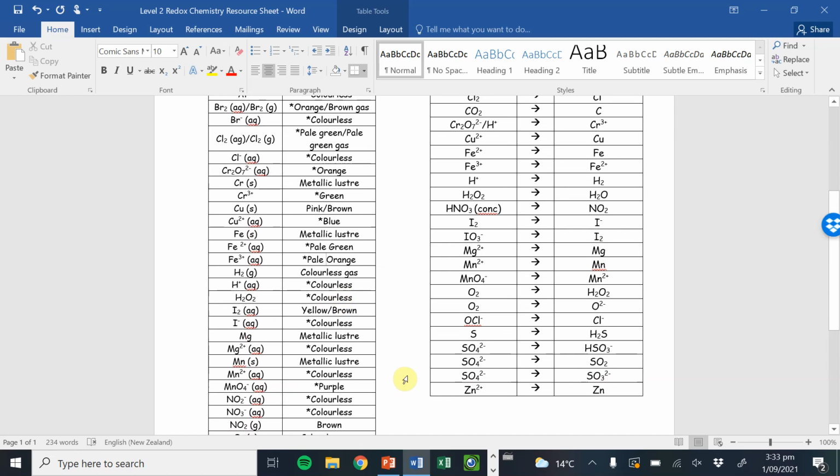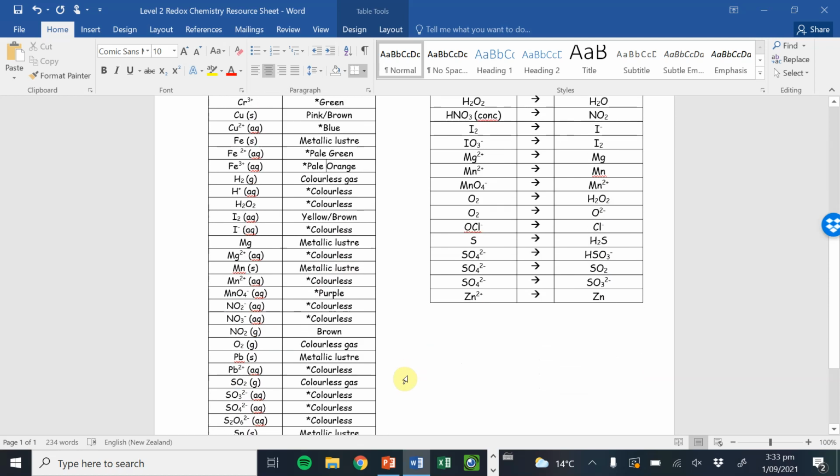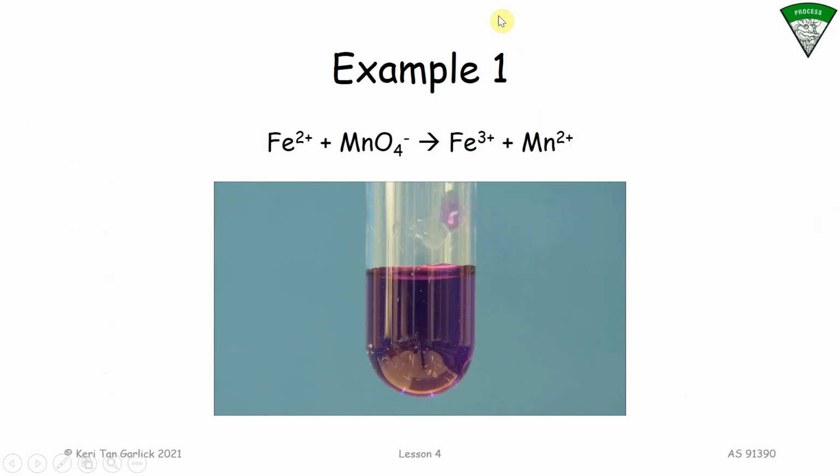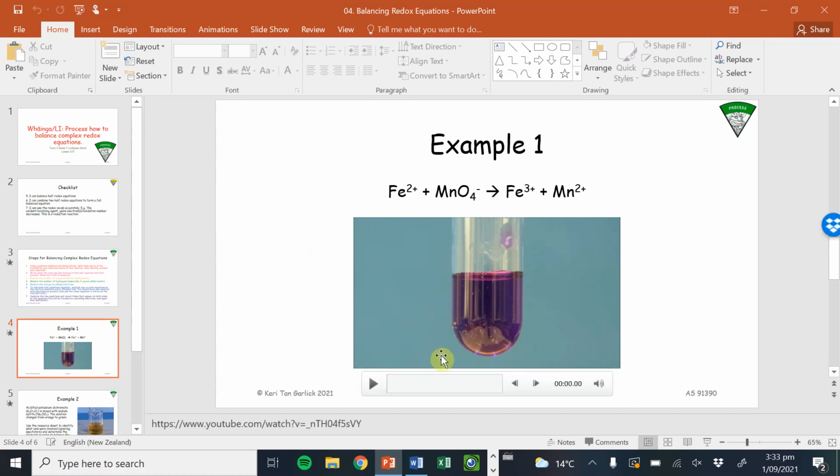You might have also noticed in that video that they had other things in there, such as the sulfate and the potassium, but we're not looking at them in this equation. So in this equation, all I've done is give you the active components. I've removed any spectators. In the next example, I'll show you how I know which ones are spectators and which ones aren't. But let's first go through the process of